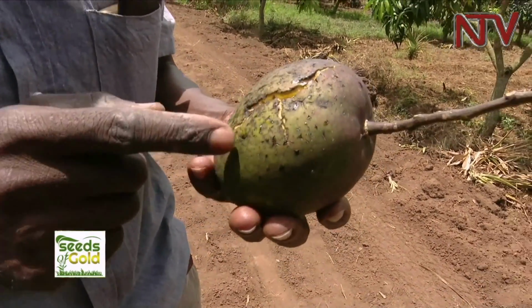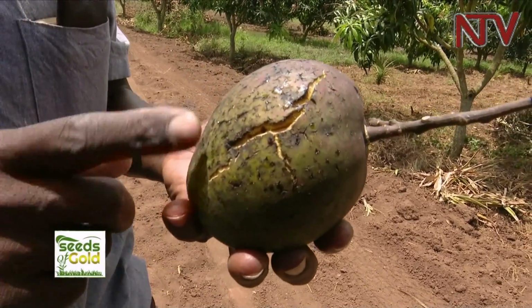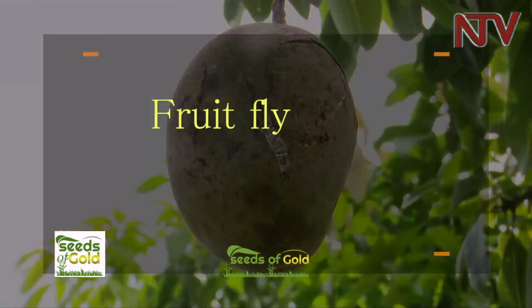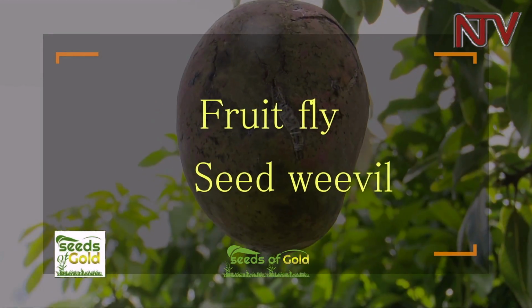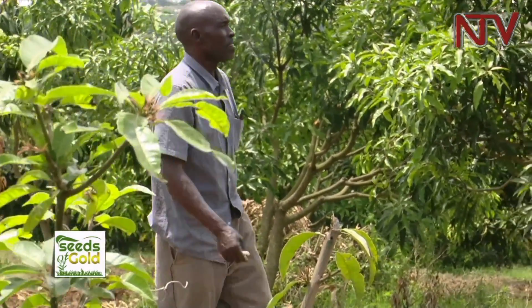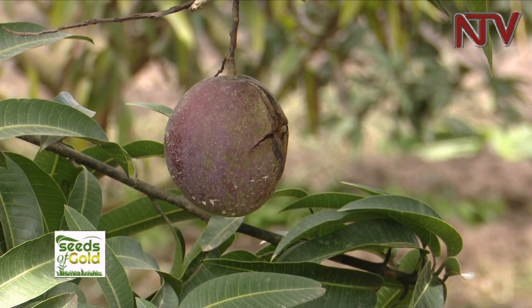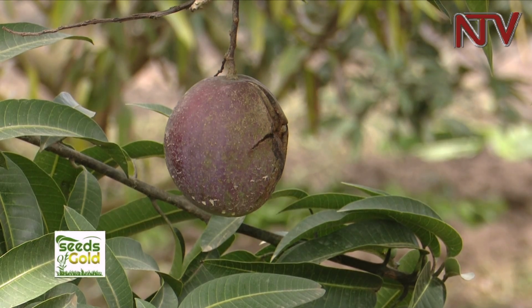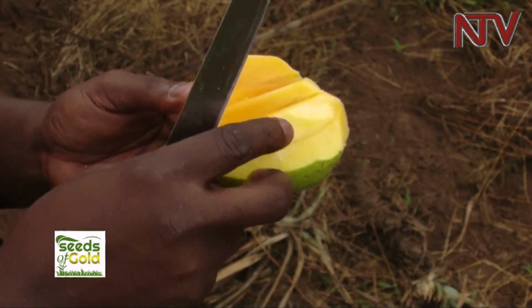Mangoes have many devastating pests and diseases which can result in total yield loss. Major pests include the fruit fly, seed weevil, among others. But these are not the only challenges you are bound to face. Huntington explains. Fruits are so vulnerable to pests, they are vulnerable to vermins, they are vulnerable to even people who